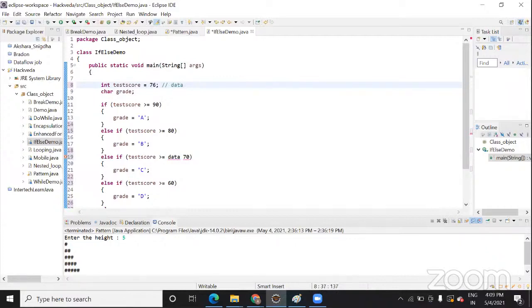This is a data member, or you can say variable, and I will tell you an easy way of understanding the flow of the code also.